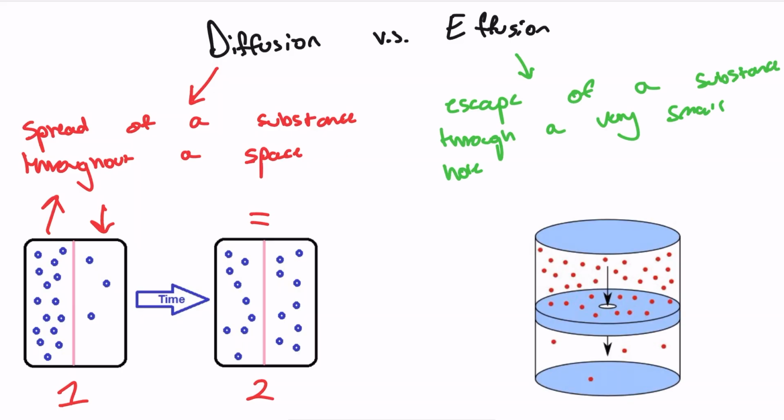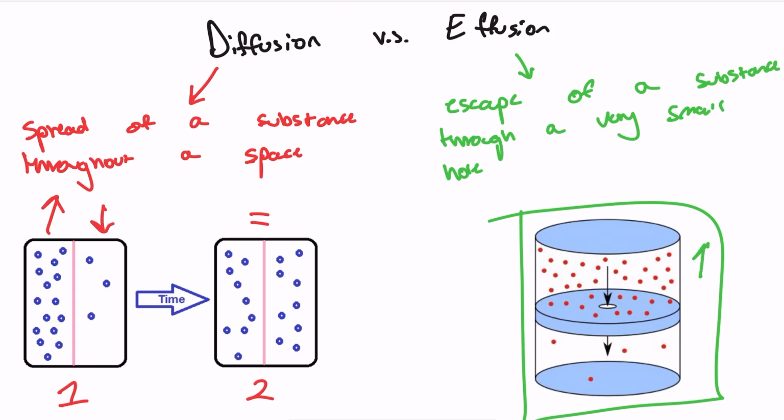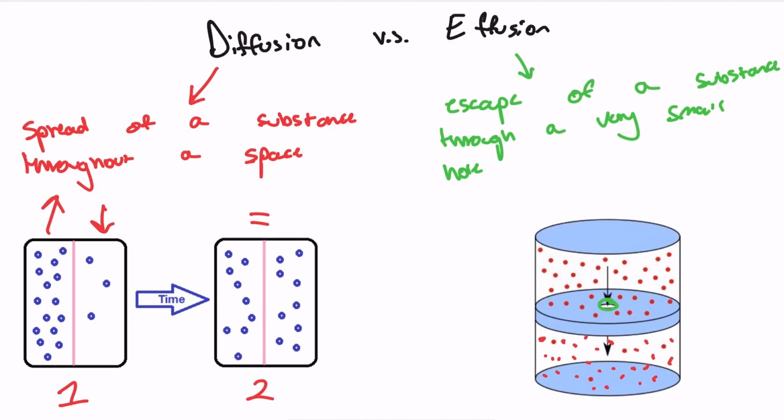Effusion is the escape of a substance through a very small hole. So as you can see in the second image here on the right, again, we still have a higher concentration of gas molecules in the top, but instead of being able to diffuse to the bottom, they have to effuse through this very tiny hole. Eventually, of course, this will happen and we'll have an equal number of gas molecules in each side of the box. As the mass of our gas decreases, meaning our molecules get smaller, our rate of diffusion and effusion will